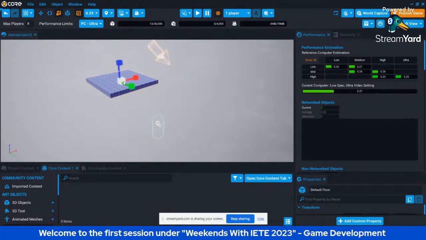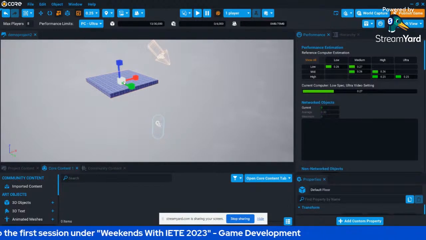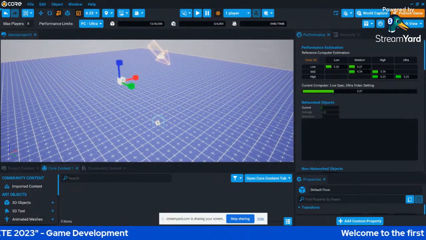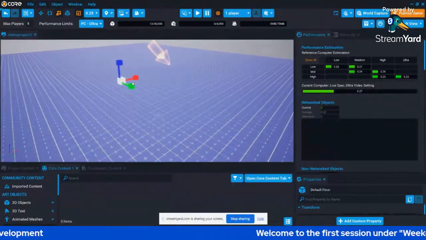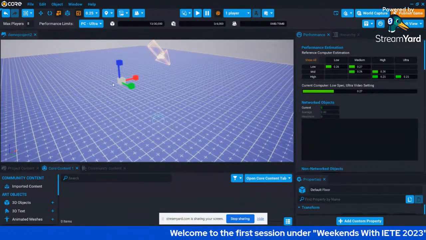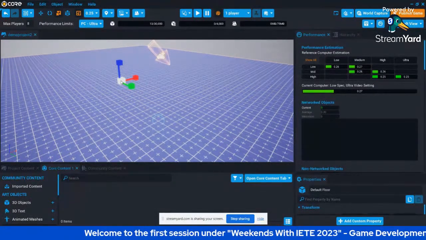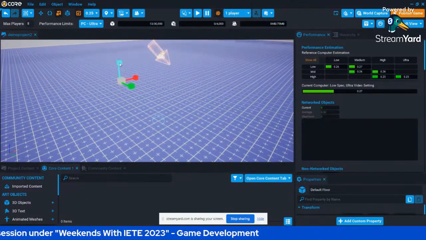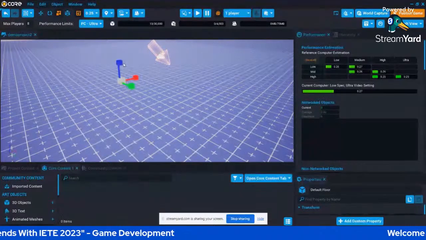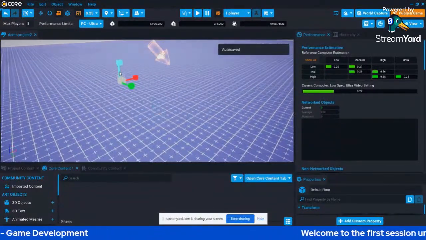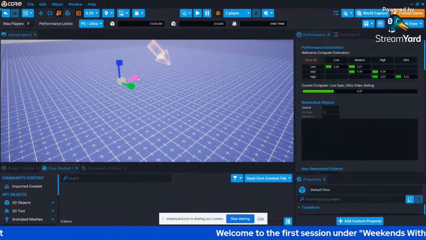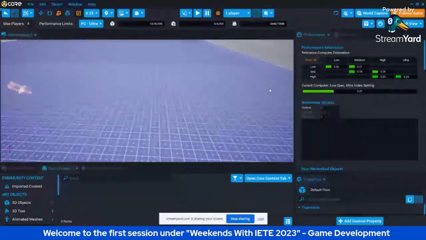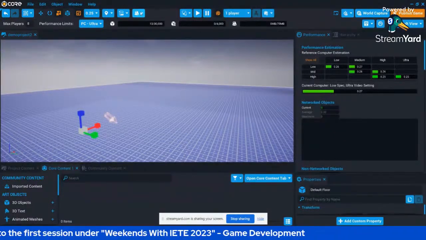If I select this box, I can scale my entire floor easily and equally in all the directions at once. Okay, so now I'll expand it a little bit more in all the axes. Fine. I think our floor is enough for us.